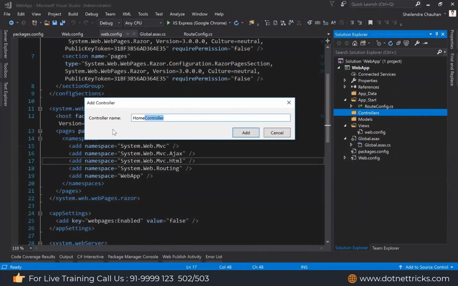It is a rule in the ASP.NET MVC framework. But this controller word is never counted in the name. We always say home for the home controller. So everywhere there is a requirement to pass the controller name, I will pass only home. I will not pass home controller. So I'm just adding a home controller.